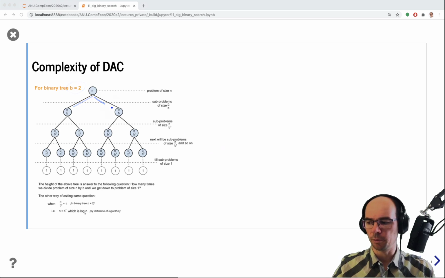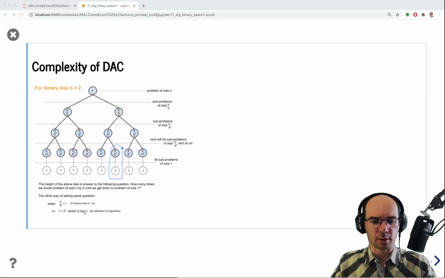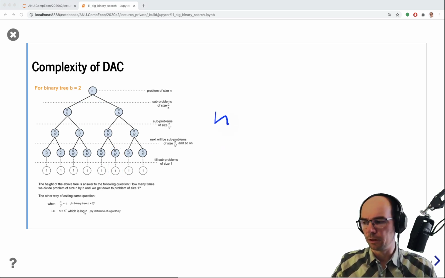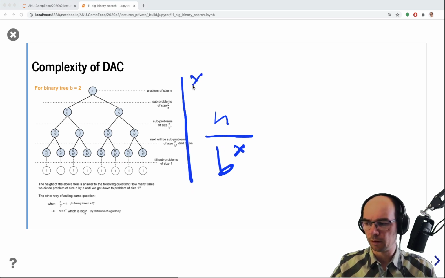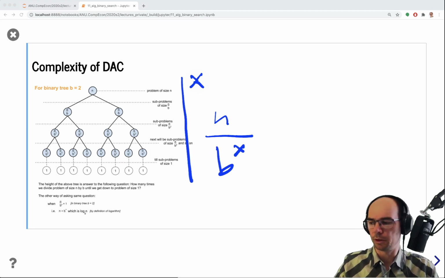And so by the time we are at the lowest level, let me write this, we have divided the total work, the size of the problem n, over b to the x, where x is the number of levels. This is x. And by the time we get down to the very bottom of this tree, the level of the leaves, then we have this equation, and from this it follows that